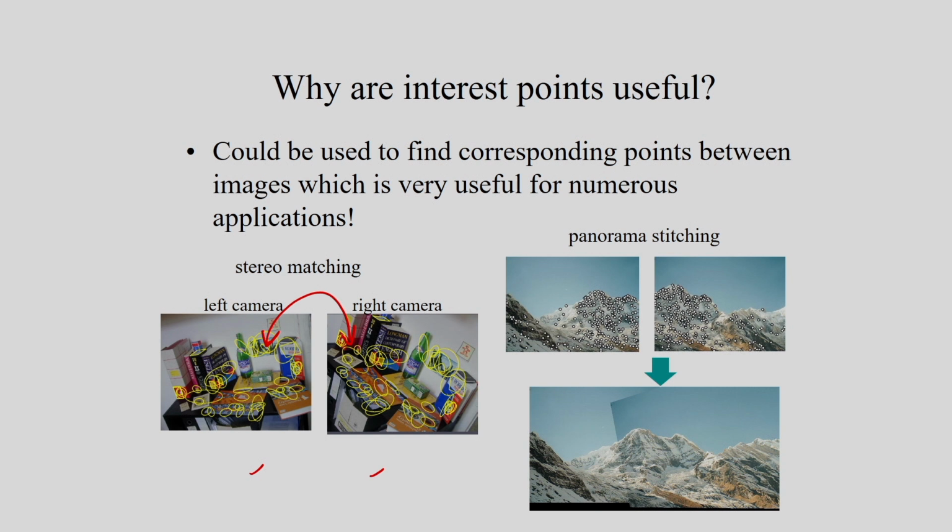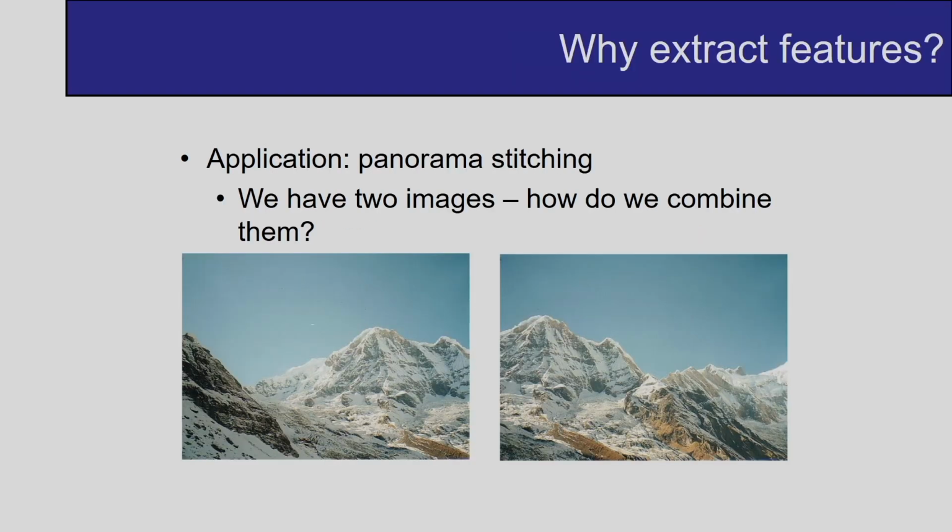In the second example I am considering image stitching. I have two images of a particular scene, and I have considered some interest points. Based on these interest points I can find the correspondence between these two images, and based on this I can join them together for a panoramic view. You can see that from these two images I am making this image. This is an example of image stitching. Like this, in panoramic stitching, that is image stitching, we have two images and we combine them. I have already mentioned this.